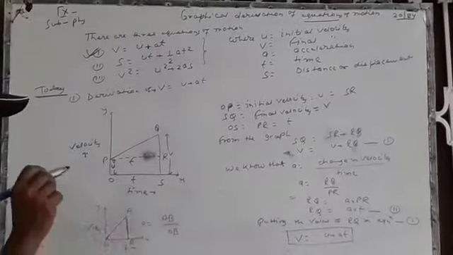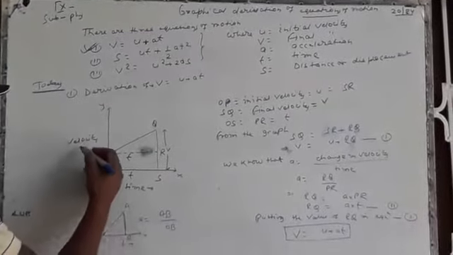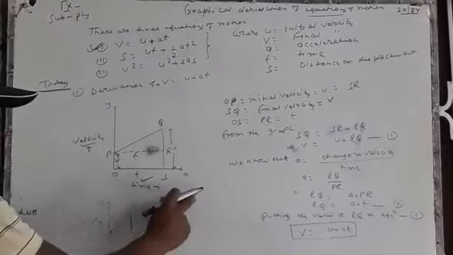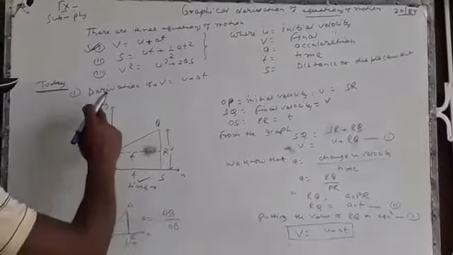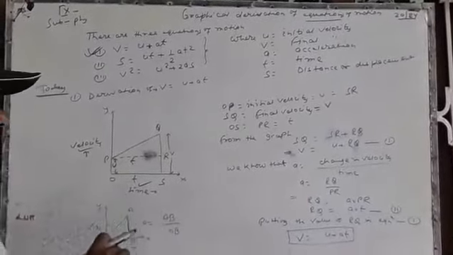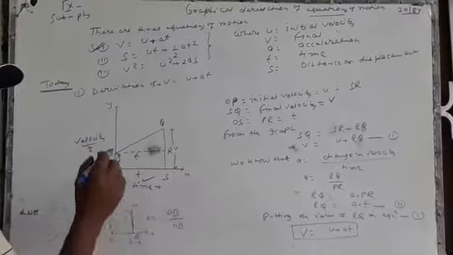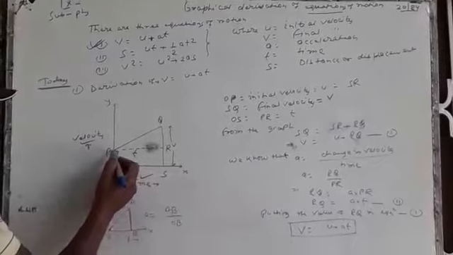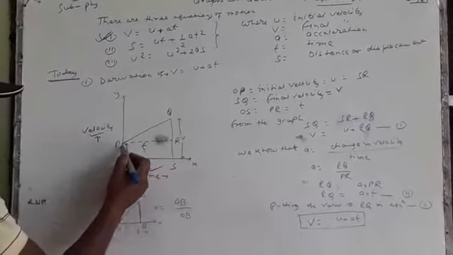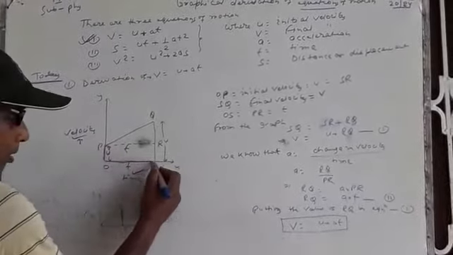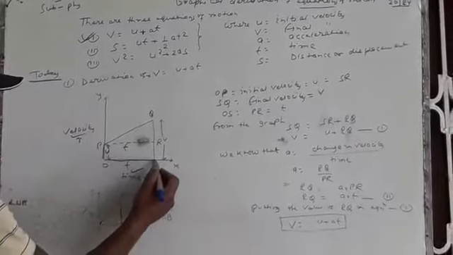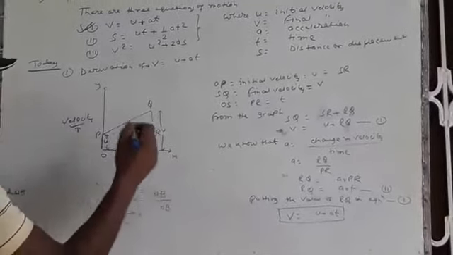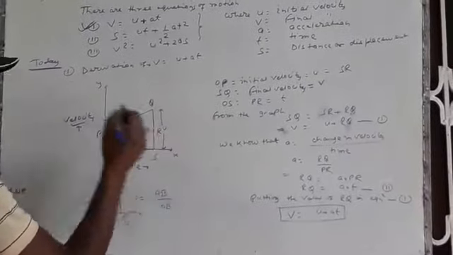I have to plot a graph between velocity and time. Time is taken on the x-axis and velocity is taken on the y-axis. Suppose that an object starts to move with initial velocity u represented by OP. After t time represented by OS or PR, its velocity becomes v represented by QS.